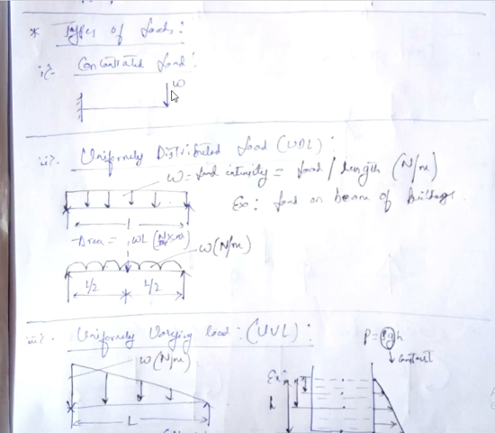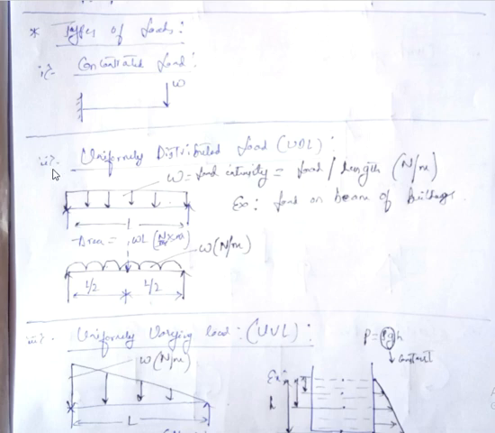Practically, there are no loads which act at a single point. So how do we consider a concentrated load? If there is a load acting on some small area, we can consider that area as a point, or neglect that area, and then we can consider the load as a concentrated load. The unit for load can be taken as kilonewton or also Newton.